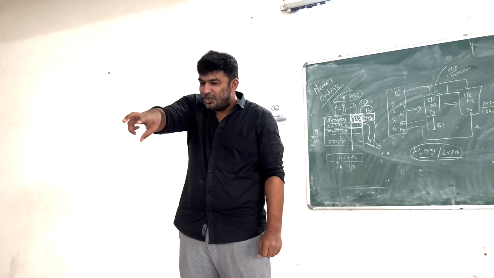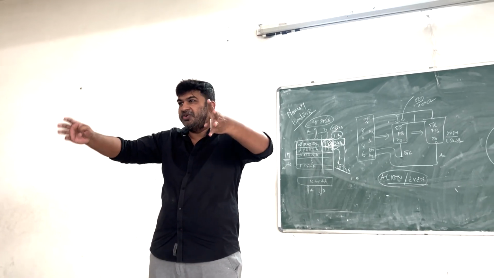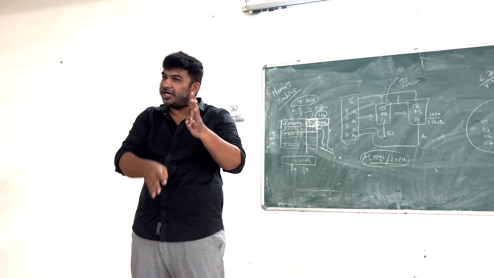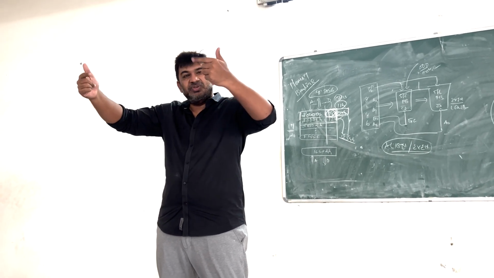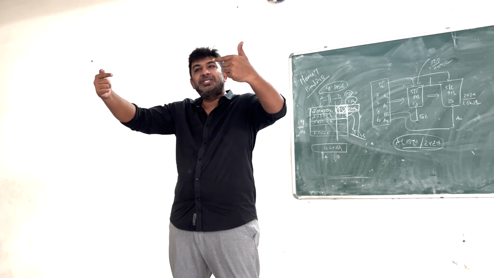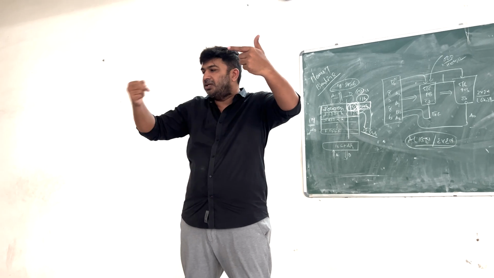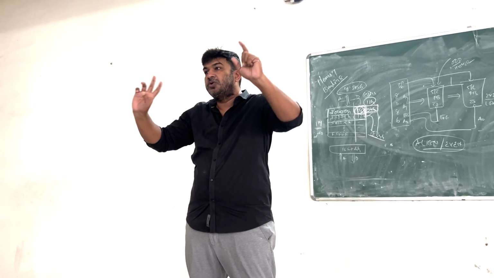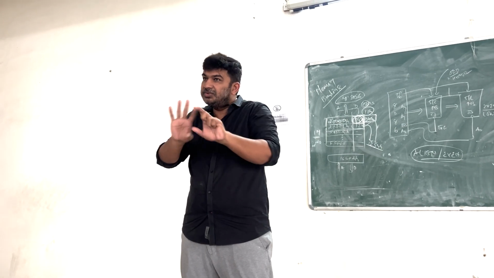So to access 2 locations simultaneously, they have divided the memory into 2 banks: odd bank and even bank. Odd bank contains all the odd addresses, even bank contains all the even addresses. If my address starts with an even number, it is called aligned data. If it is aligned data, your operation will be performed in 1 clock cycle. If it is misaligned data, you require 8 bits in 1 clock here and 1 clock here, so 2 clock cycles. Understand? Yes. This one thing is okay.